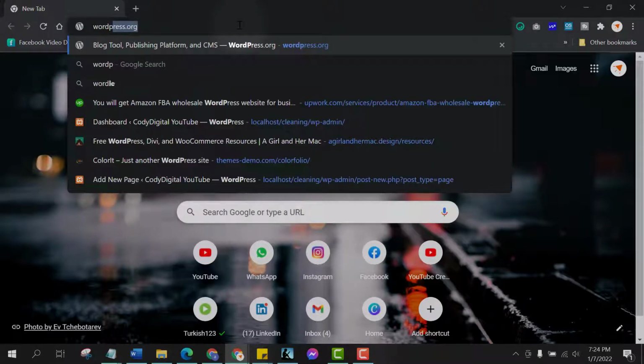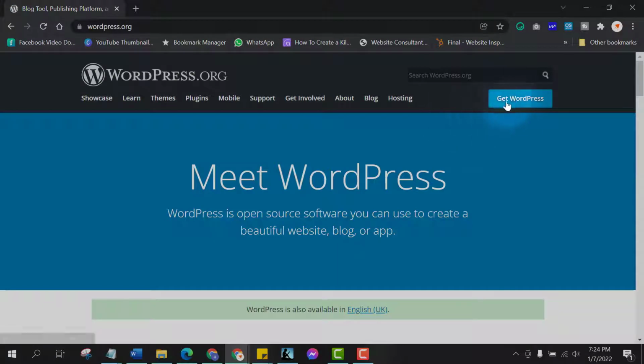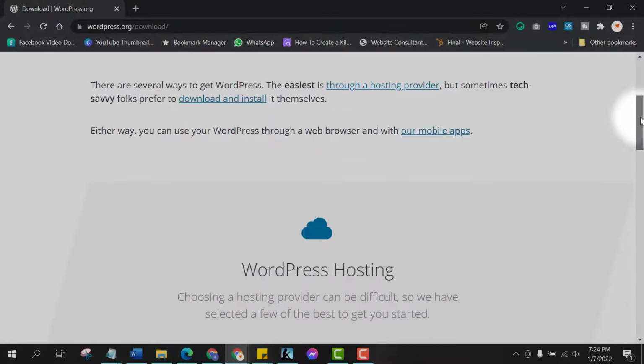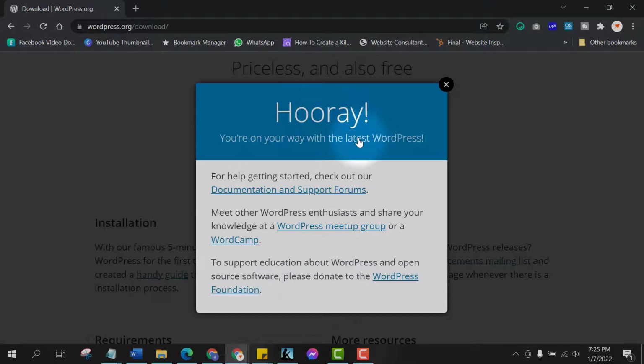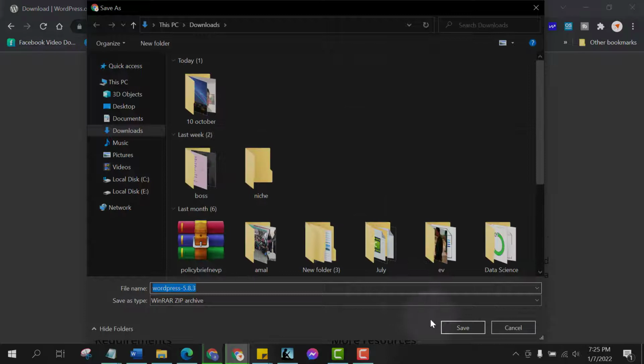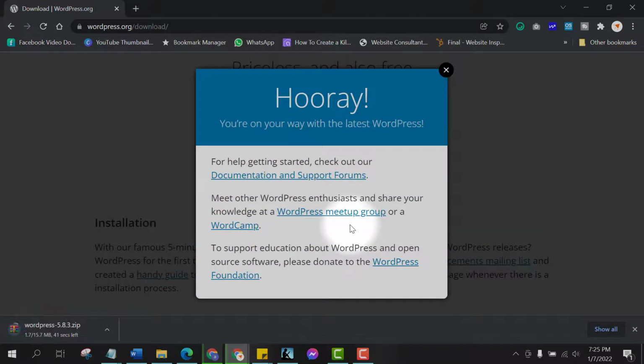For this, you need to follow this simple step. Go to Google and write WordPress.org. On the top right, you can see Get WordPress option. Drag down, and you can see download WordPress 5.8.3, which is the latest. And if you click on this, it will automatically start downloading the latest WordPress, which we are going to install